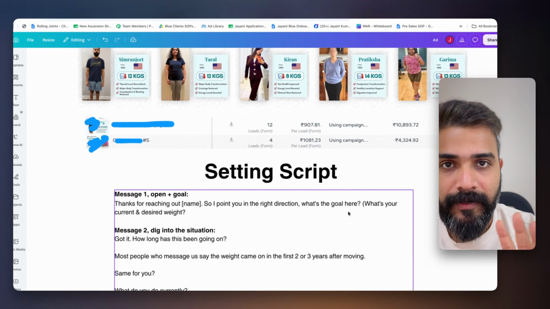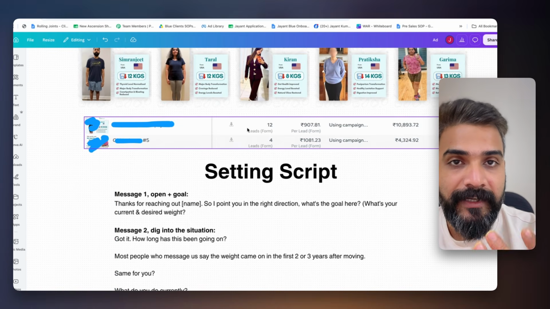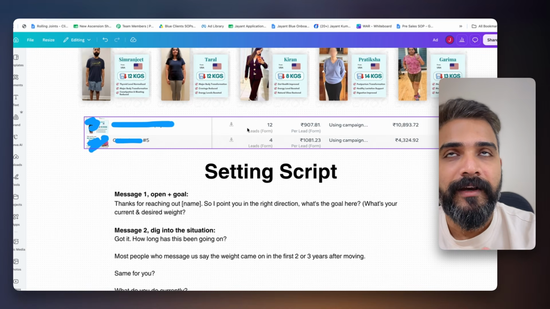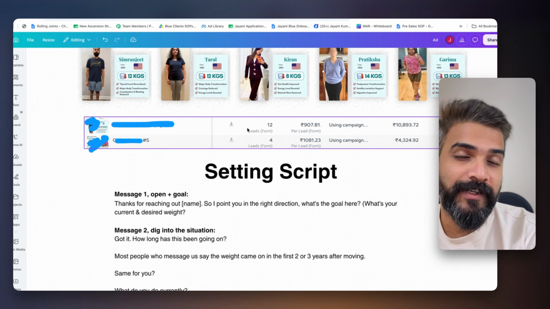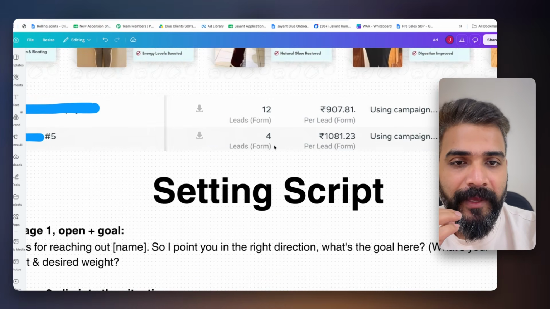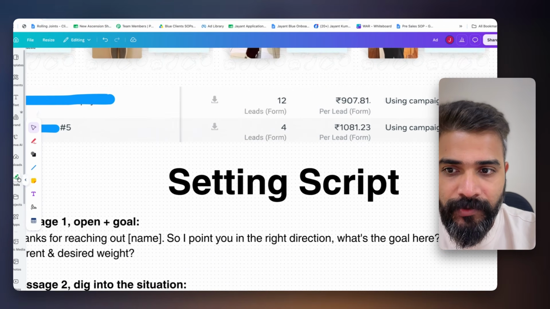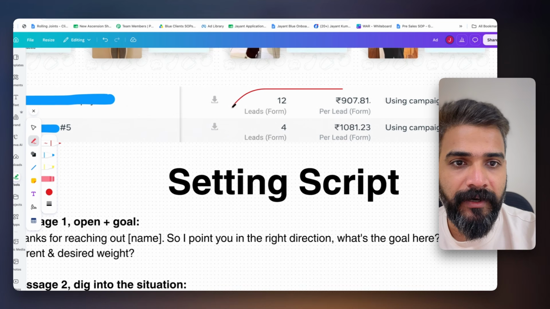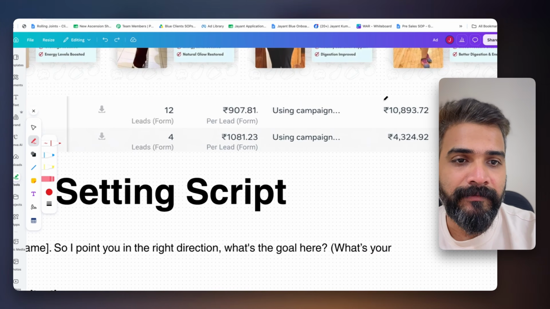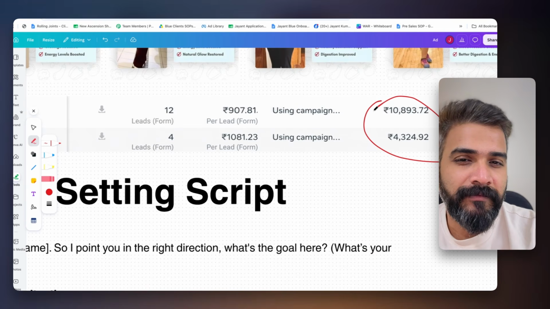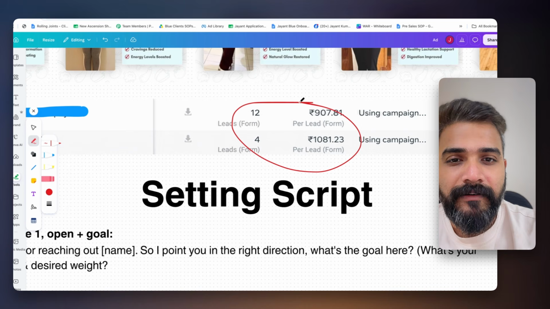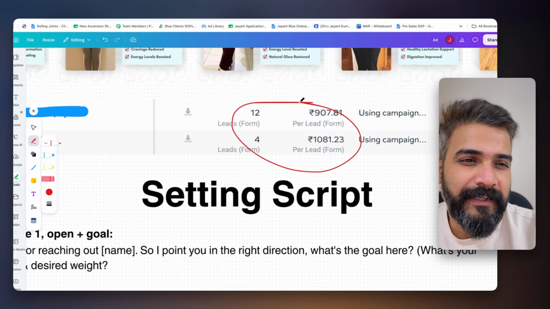Now in terms of numbers, I have done lead form with WhatsApp redirections mostly. I have clients who have done direct click to WhatsApp. That has been more successful. You might get cheaper cost per lead with this. However, with a lead form, you can expect about 1,000 rupees cost per lead, and let's say you spend about 15,000 rupees, you can easily expect like 15 to 16 leads for yourself.